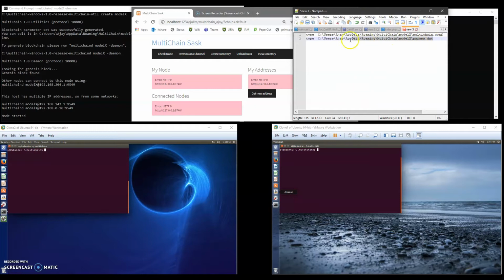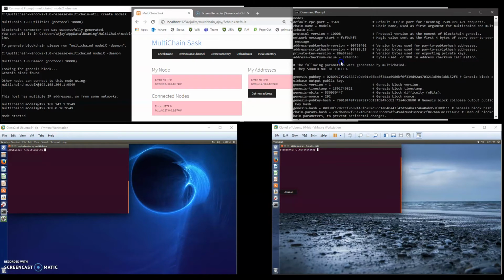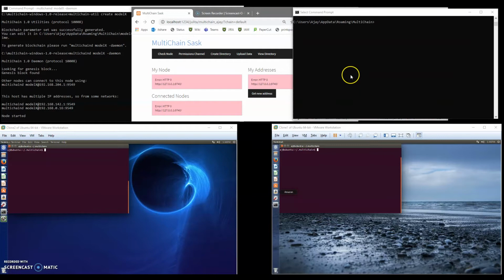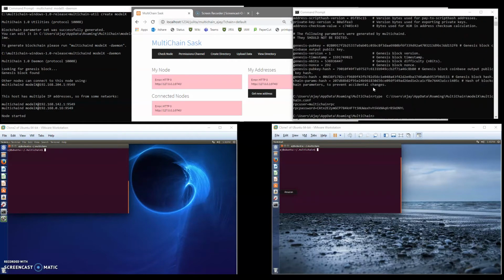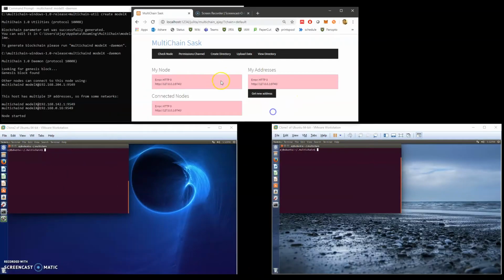they are the RPC port and the RPC password. So these are the blockchain parameters, and we have the blockchain RPC port, where the default port is 9548. And here is the RPC password. So these three pieces of information are required to make a client get service from the blockchain server, so that the client can issue commands and listen to the responses from the blockchain node. Once the configuration has been done,